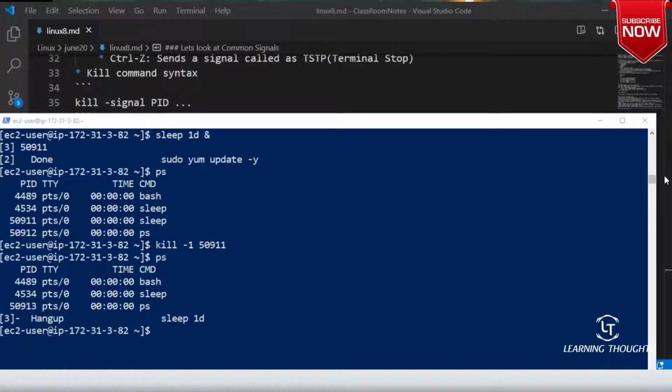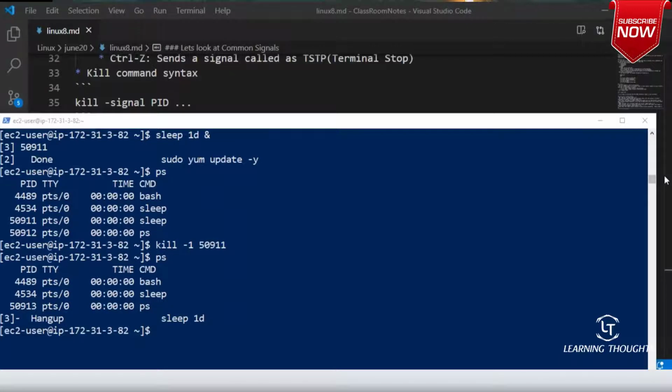What we have tried to do is start the sleep program in the background, and then we asked it to hang up. Then this program will terminate, and the shell will notify the background process that it has received a hang up signal. So that's it.